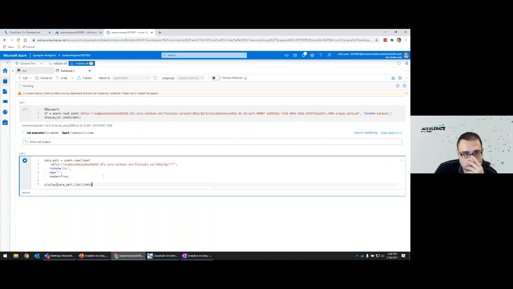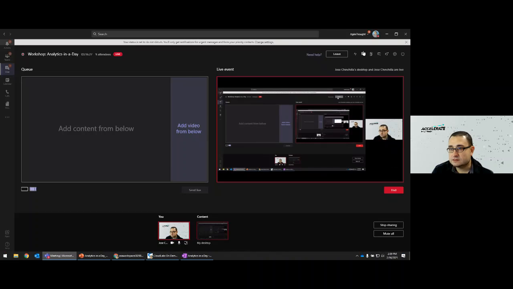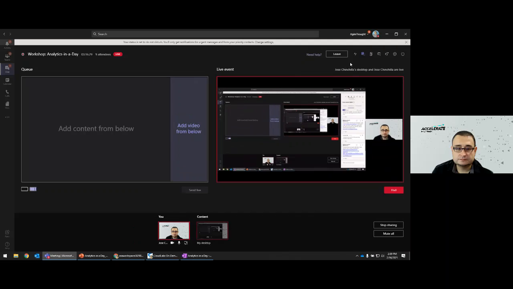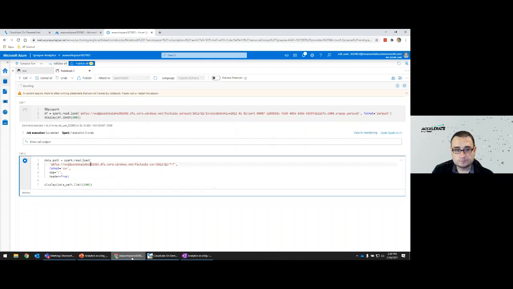All right, so let's wait for that data to be read. So important, read instructions, that's for me. And second, you need to grab your particular data lake name from your environment. So don't use this same data lake name, because this is only for my environment. You should have your own environment. Are there any questions or comments around that? No? Okay. So let's wait for that data to be read.